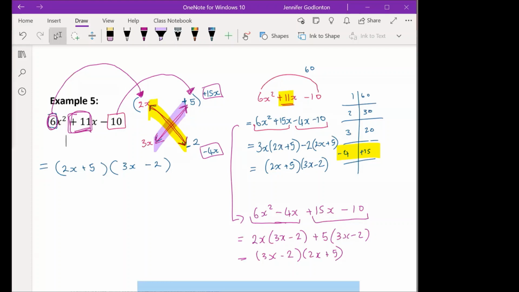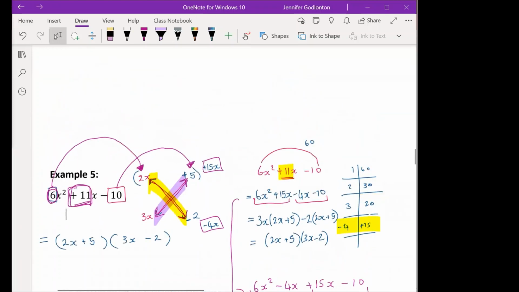Ma'am, I'm a little confused, because I worked out 6x squared and then minus 10, but the only remaining one was the 11x. I'm not sure whether you can help me. Okay, so Avuzwa, I'm also going to send Mr. Shongwe your way. He's going to send you a direct message so that he can try and help you get to the bottom of this, just so that we can start going through another question. Okay, thank you, ma'am.